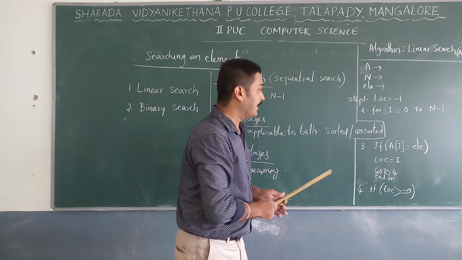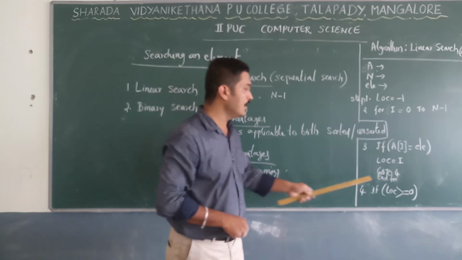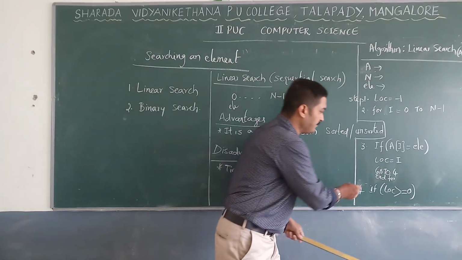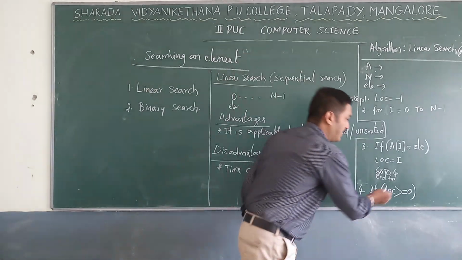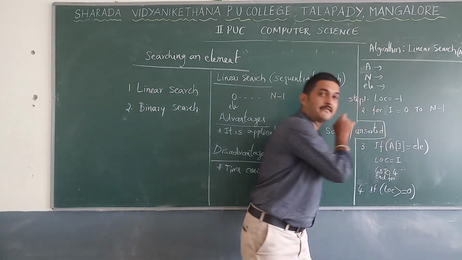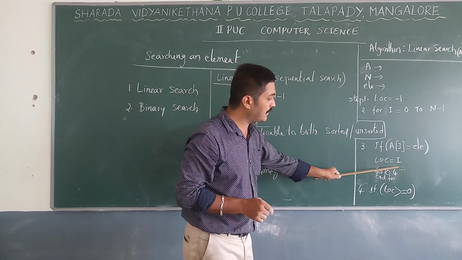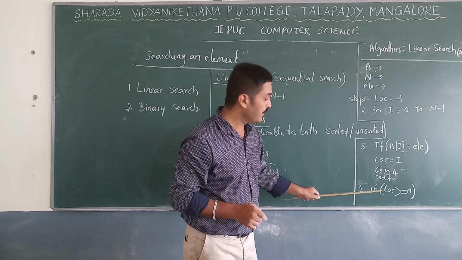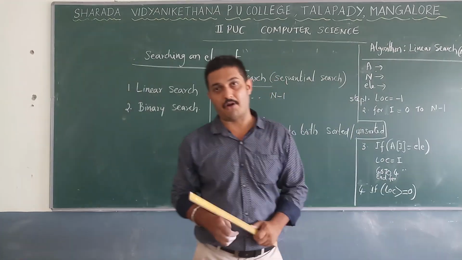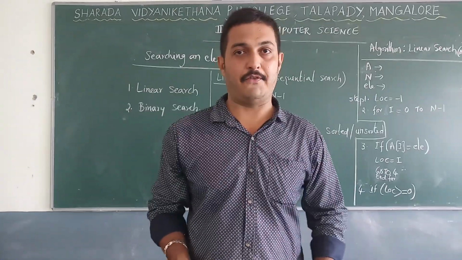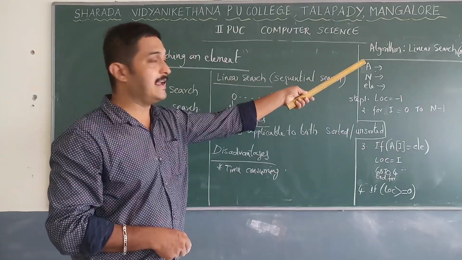Next step is go to step number 4. That means, in C++ or any other programming language, we can use the break statement, that is to come out of the loop. The break statement will terminate this particular control, and it will jump to here. And if LOC is greater than or equal to 0, the element is found, else the element is not found. Okay, these are about traversal, linear search array A of n elements.